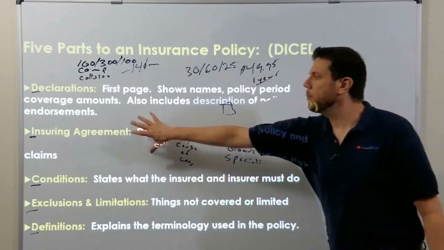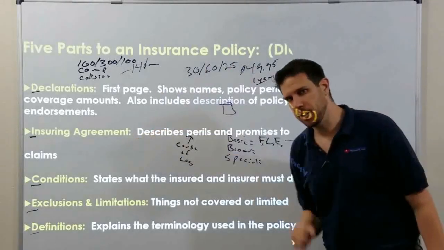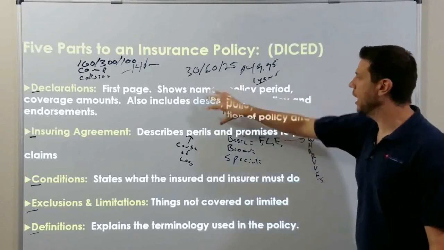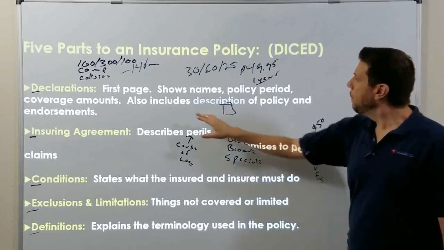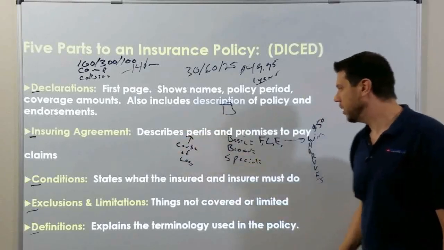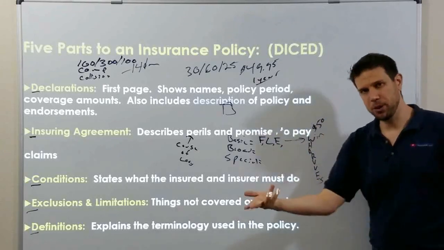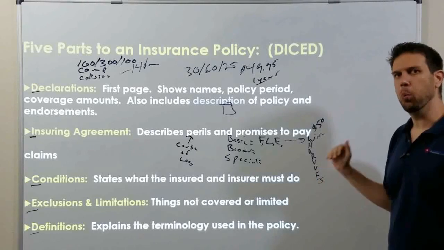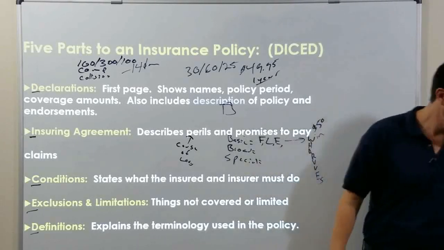So the insuring agreement would say if fire burns down your house, the insurance company will pay your claim. If you have the basic extended perils, if a windstorm hits your house, the insurance company promises to pay claims. Perils are known as the cause of loss. The basic cause of loss form is FLE: fire, lightning, explosion. The basic extended perils are WARVs: wind, hail, aircraft, riot, vehicle, volcano, explosion, smoke.